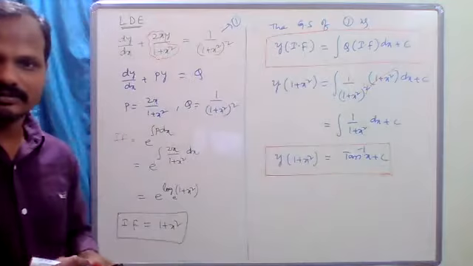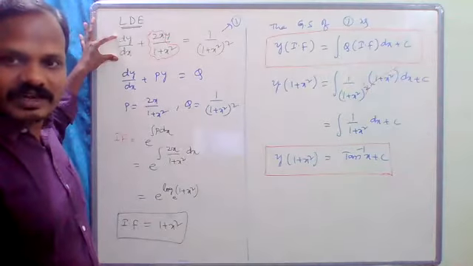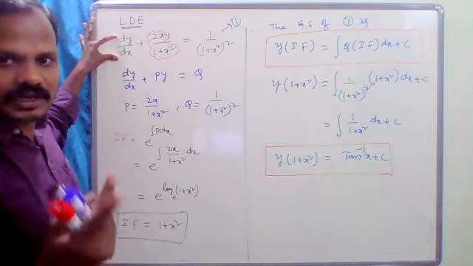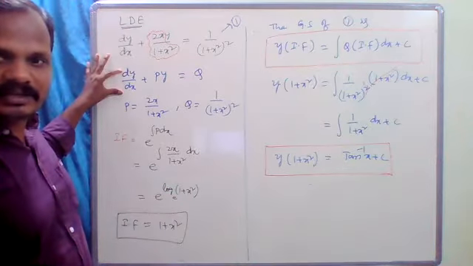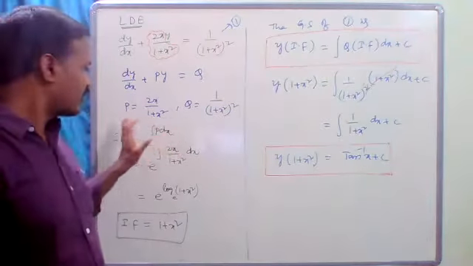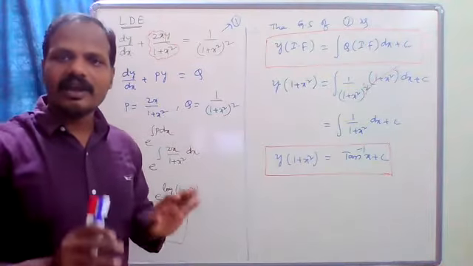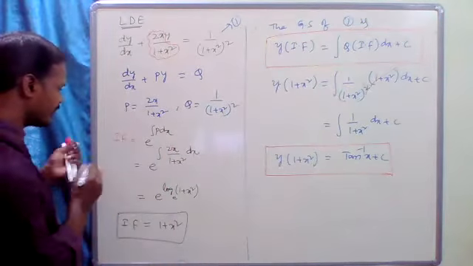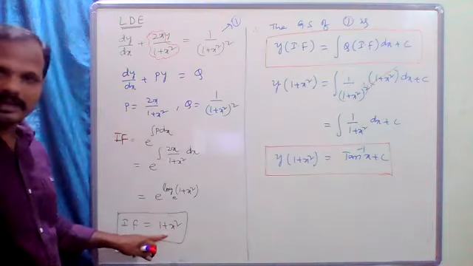That's all. I will explain once more. First, compare the given differential equation with what we have already known, two cases. Here dy by dx is there, so I am comparing this with dy by dx plus py equal to q. Write the p and q values. They are completely in terms of x, so no problem. Now we have to find IF. IF equal to e power integral p dx. So the IF value is 1 plus x square.